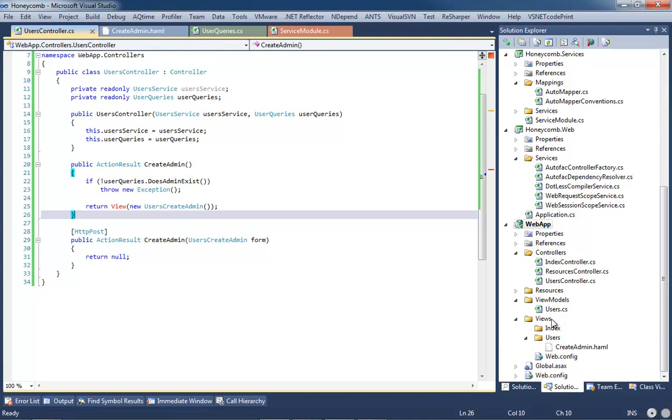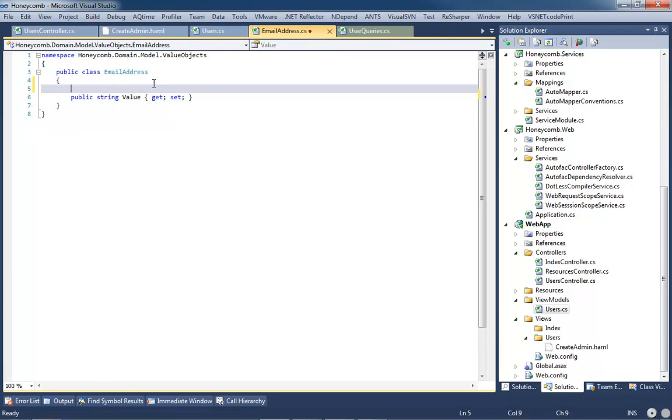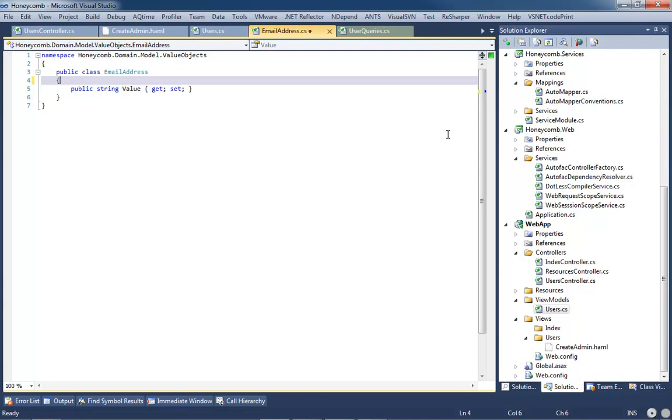In our domain or in our view model, we are using a value type that's located inside the domain model. Now I could go into email address, I could come up here and I could say display name email address. But I'm not going to do that because that's introducing data annotations, which we're only using for the concept of views and view models. And that's introducing that to the domain. And I have a huge issue with that, especially when it comes to flexibility, because you might want to have another form that has a different display name, and